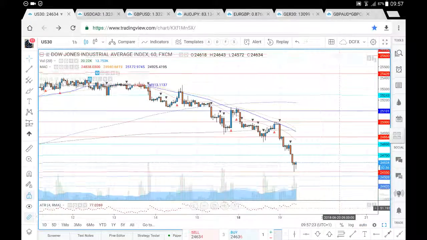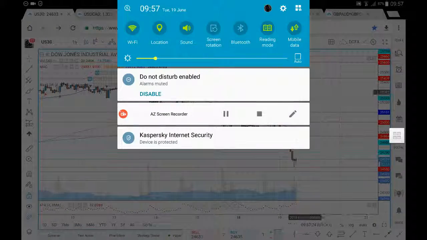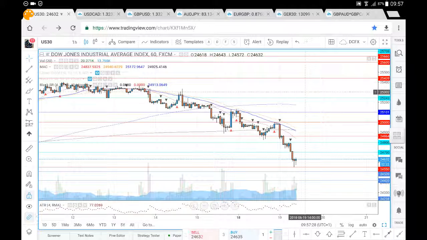So this US 30 analysis for Tuesday 19th of June. Now let's just have a look at prices, where prices may likely go. So from seeing the sell-off from this 25,400, we've seen prices now break beyond the 25,000 mark. We've had a breakdown from 25,000,